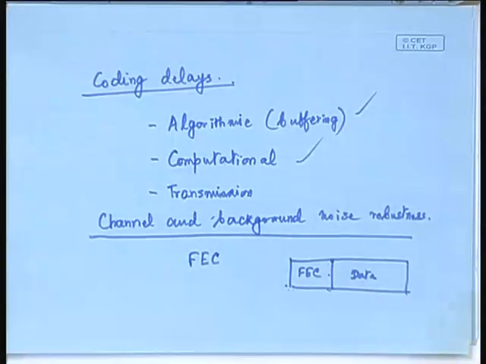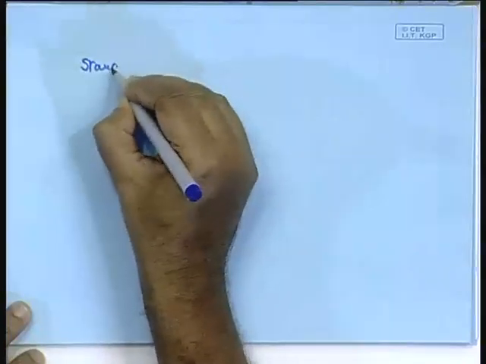So, these factors are all very important while designing the speech coders, and as I was telling you, a number of speech coding standards have been proposed in the recent years. Why recent? I should not say recent, right since 1972 the standards have come up. So, we will be just listing some of the standard speech codecs which have been adopted by the ITU-T narrowband speech codecs. So, let us present a list of that.